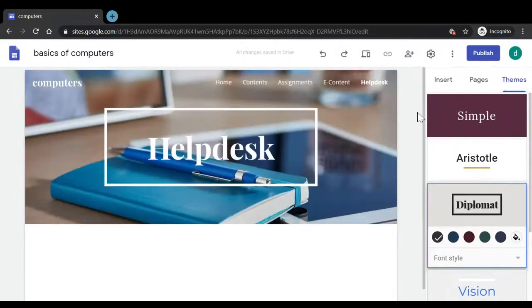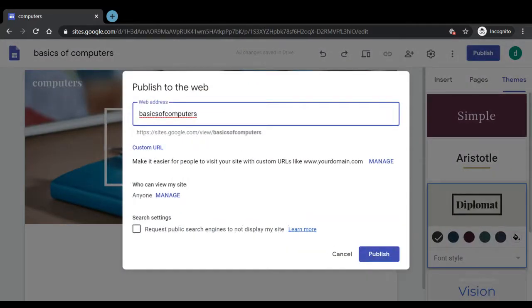Once we are done with it, now let us click on this option of publish. Once we click here, first of all, it will ask us for the web address. Now, by default, it will pick up the address with which we had named the Google site. In case you want to change your web address, please be careful and mention any other name with which you want your website to appear.